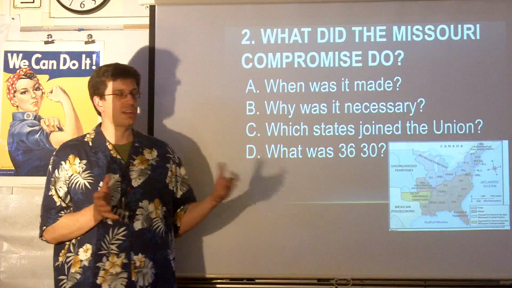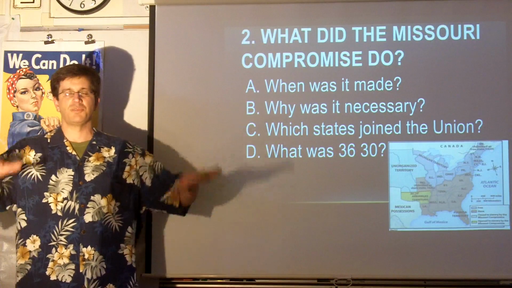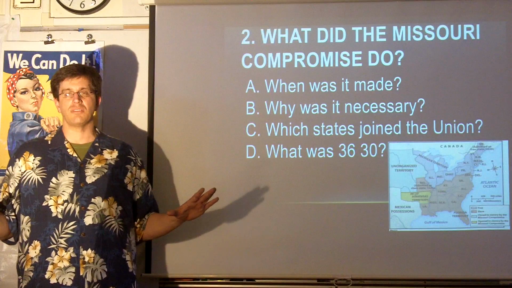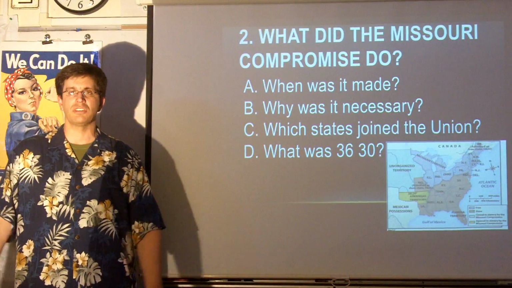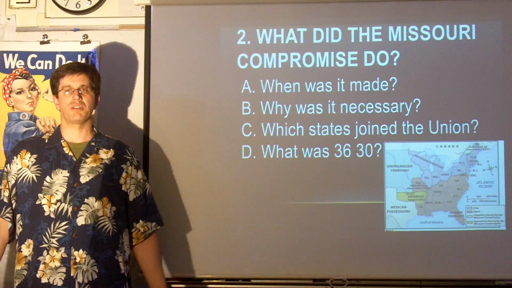In terms of territory, it looked like the North got more, but there weren't many people living up there. This was supposed to solve the problem once and for all. Slavery wouldn't be an issue in the United States. All future territory would be aligned according to this. It didn't last very long before this problem kept rearing its ugly head.